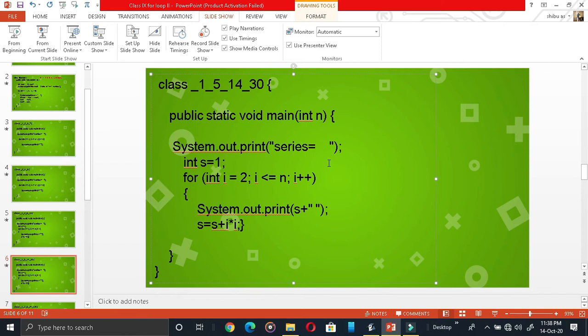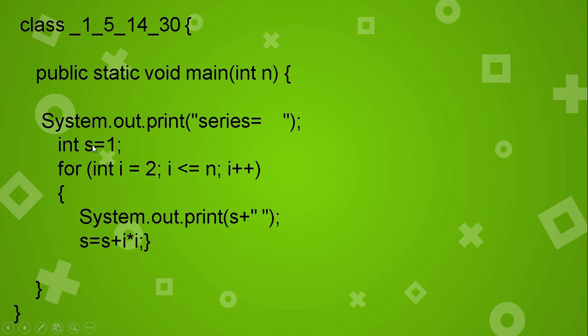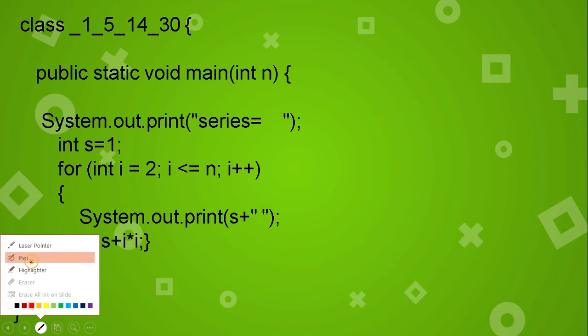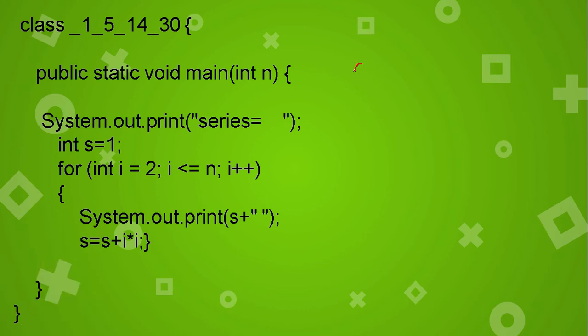This is the important thing. What is this? S. Okay. Then in that S, 1 is there. S is equal to 1. So let us write that S is equal to 1. S, what is the value? 1 we have written. Okay. Now for I is equal to 2, I less than or equal to n, I plus plus. See, I am taking the basic value of this I as 2. Okay. What is the basic value of I? 2 I am taking.